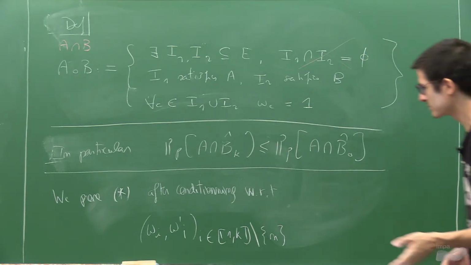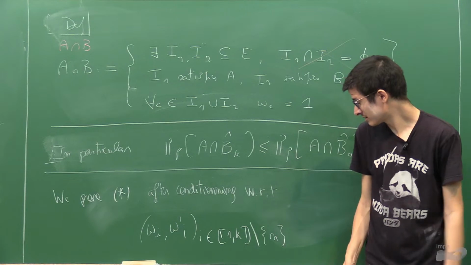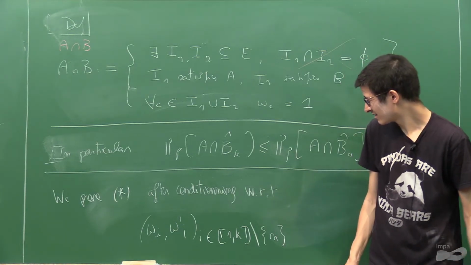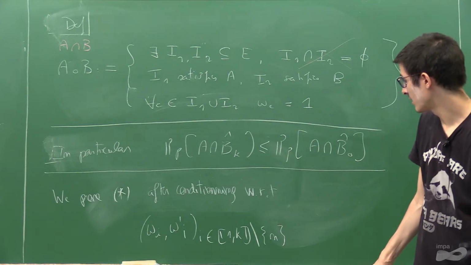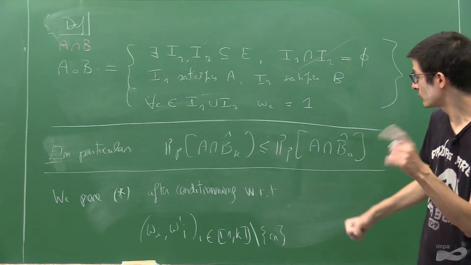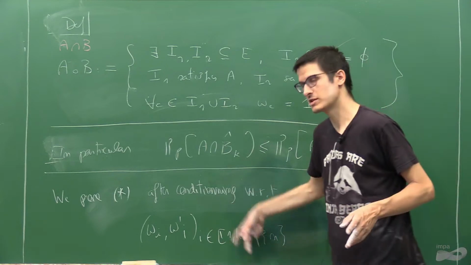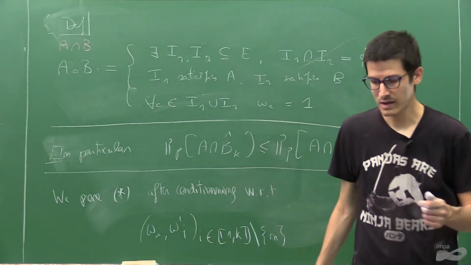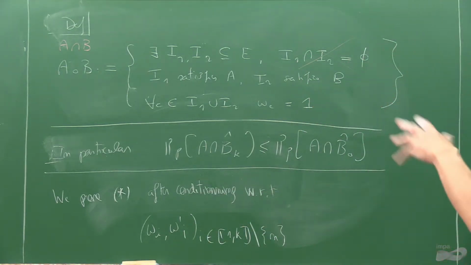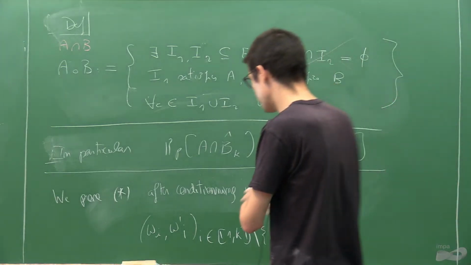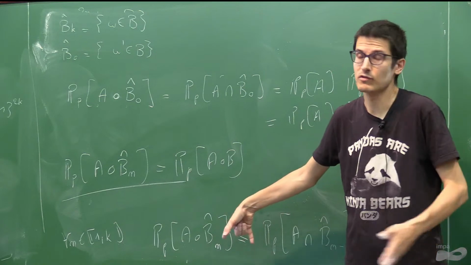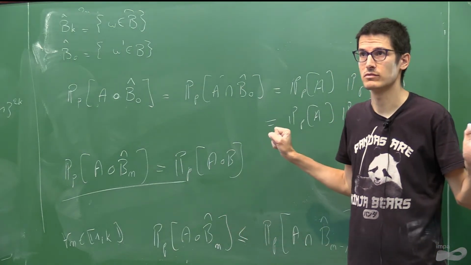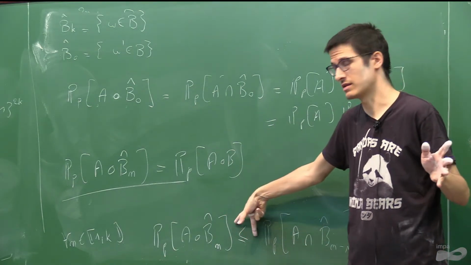Okay, so basically, I mean, we have 2 to the power 2k minus 2 possibilities for this, okay? And for each of these possibilities, I'm going to show that if I'm conditioning to the value of this variable, this is true. Okay, and then you just have to multiply the probabilities, and you will get the inequality for this thing.